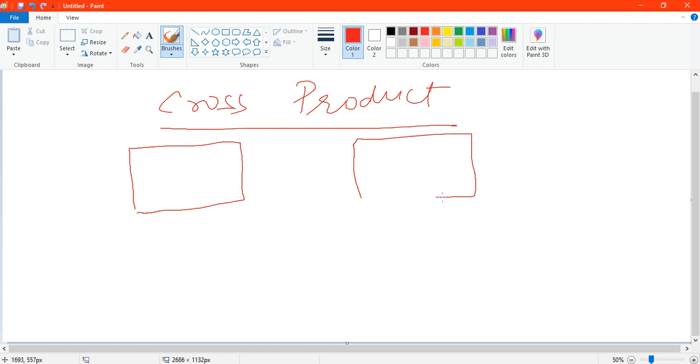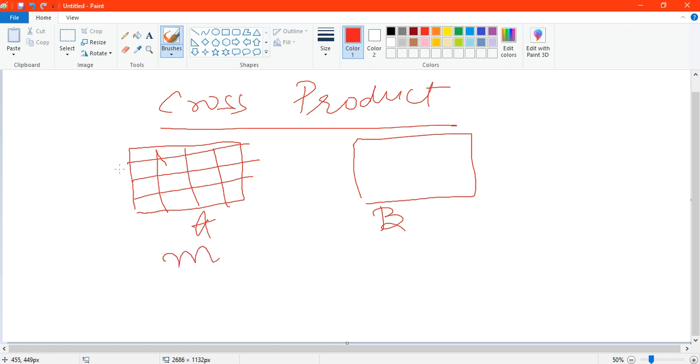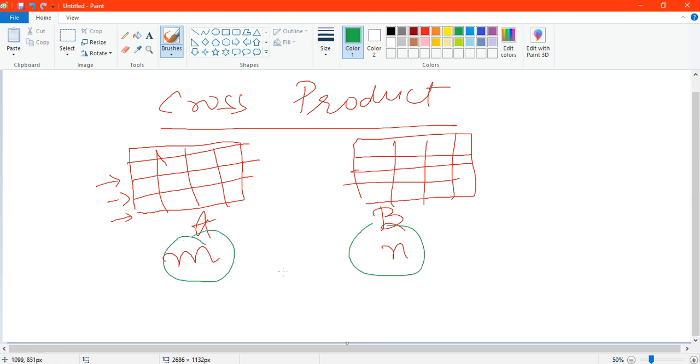Let's say this is your first table and this is your second table. This is the header row and then it has multiple rows. Let's say this contains m rows, meaning starting from here, excluding the header row, the actual number of records is m. Same goes for table B, which has n records.